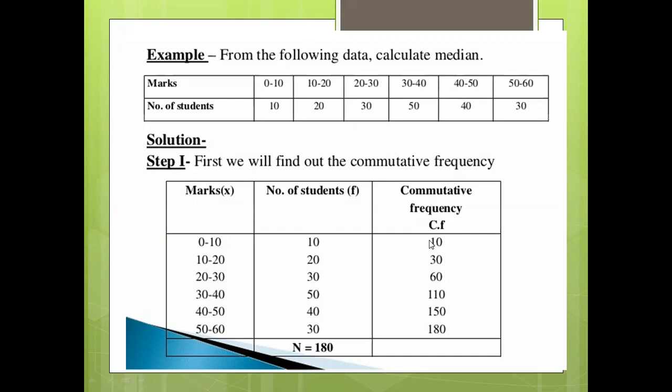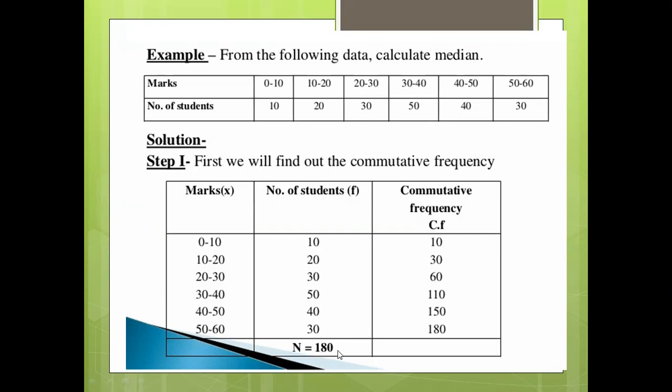Then cumulative frequency is 10 as it is. Then 10 plus 20 is 30. 30 plus 30 is 60. 60 plus 50 is 110. 110 plus 40 is 150. 150 plus 30 is 180. यहाँ की जो टोटल है और यहाँ की टोटल सेम आना चाहिए, तो आपका आंसर राइट है, अदरवाइज रॉन्ग। ओके, देन यूज दिस वैल्यू n फॉर फाइंड द मीडियन क्लास। ओके, तो n by 2 करो,